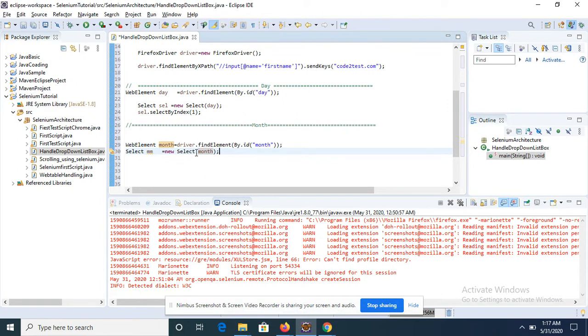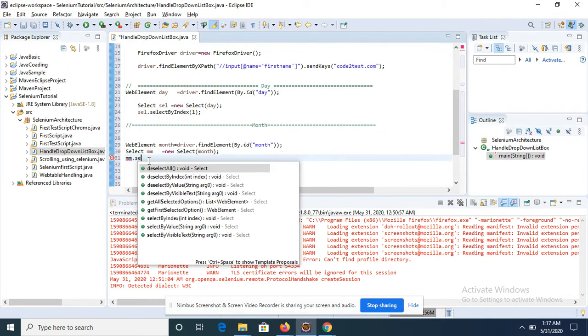After that, when you take the reference of the month instance and dot select, you'll have the second way of selecting the value from the list box.